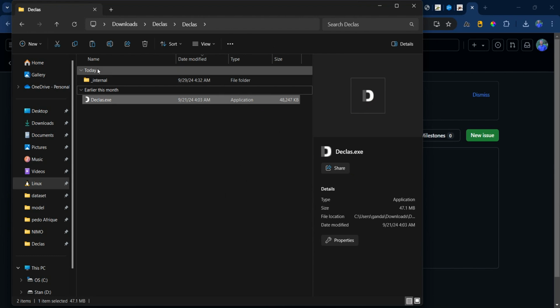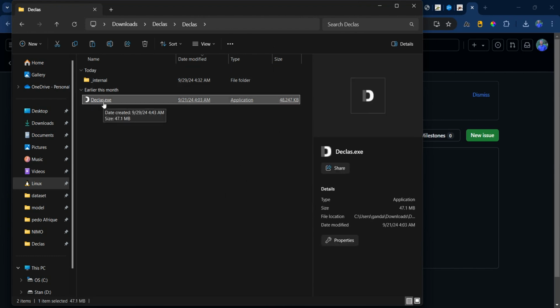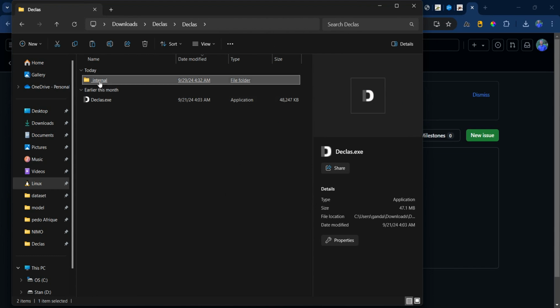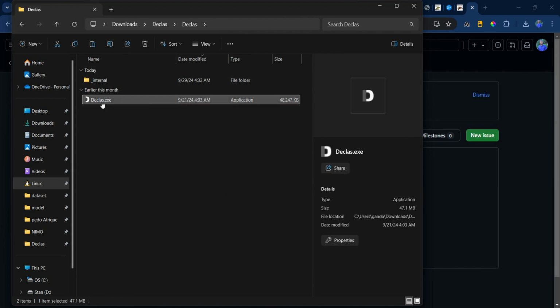You go inside and you can see two files: one file, DClass.exe, and internal. I will not cover anything in this folder. So what we need to do here is just launch this application by double clicking on this executable file.